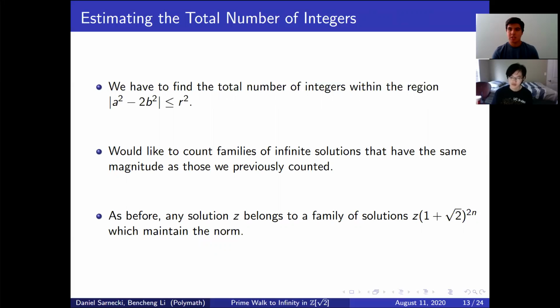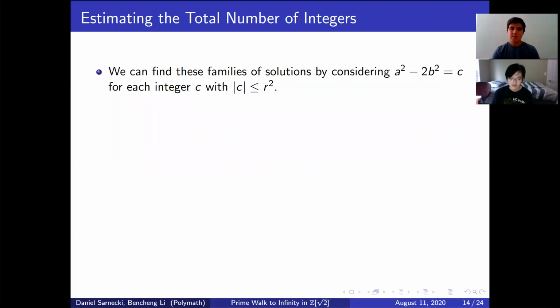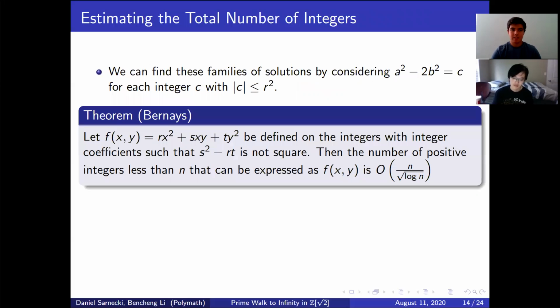As before, any solution or prime z that we have belongs to a family of solutions or primes that are the associates when we multiply by any power of 1 plus the square root of 2, because these maintain the norm. We can find these families of solutions by considering the equation a squared minus 2b squared equals c for each integer c with absolute value less than or equal to r squared. This theorem of Bernays helps us answer this question. So if we have an integer, a function defined on the integers